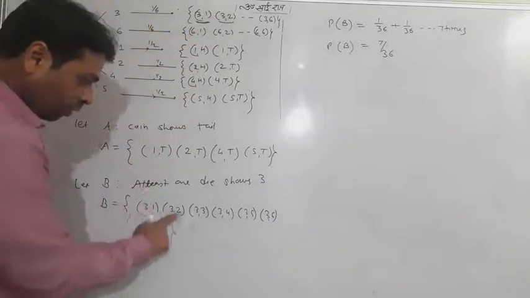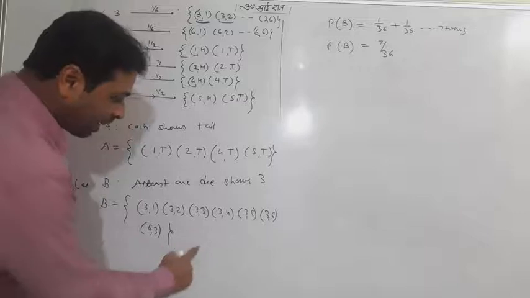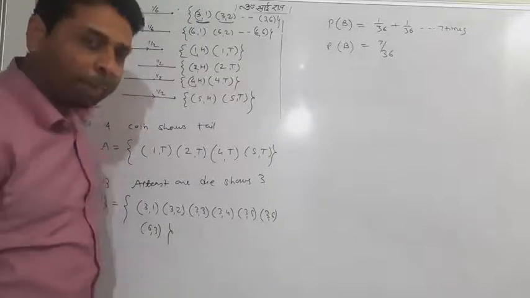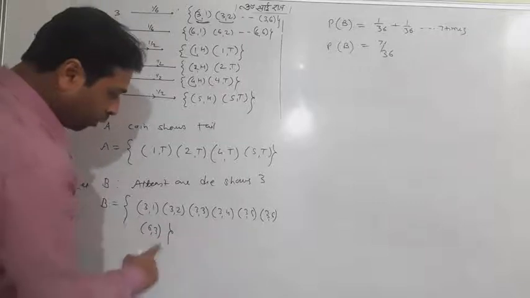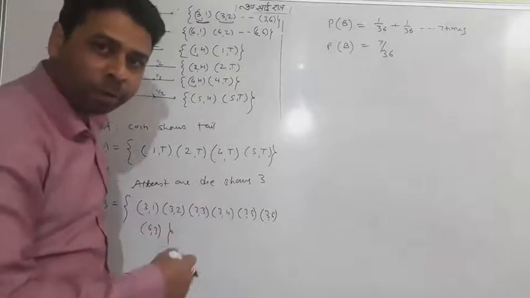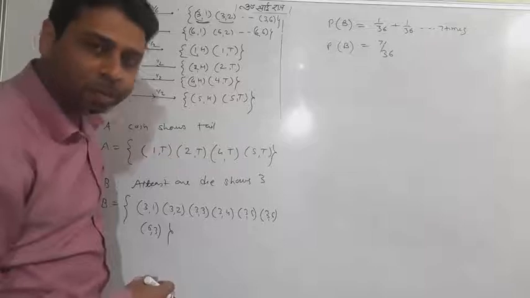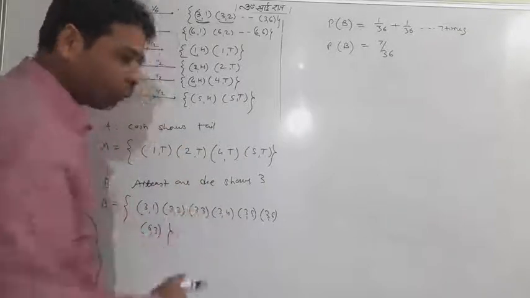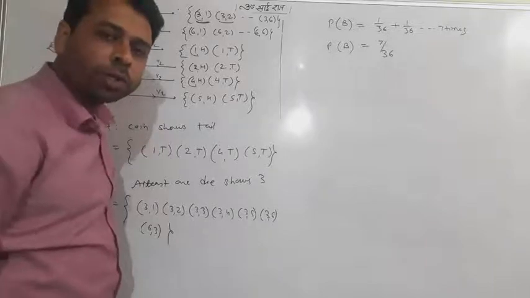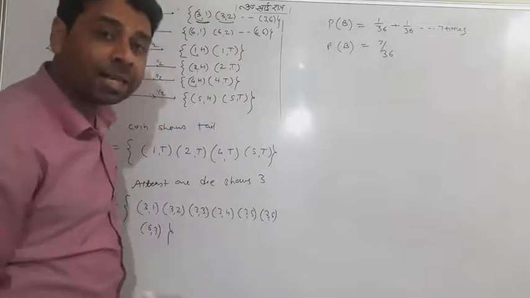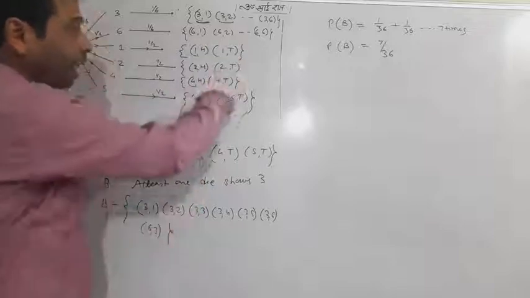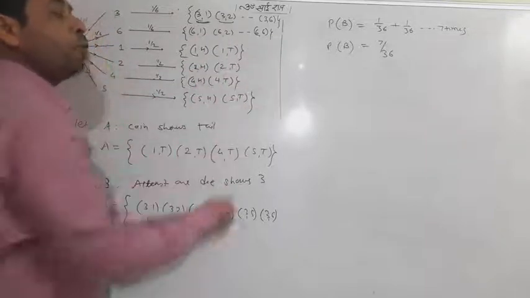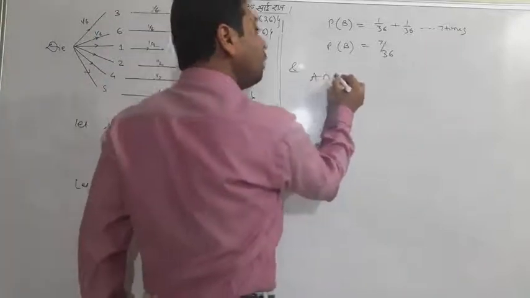Again, 3 1, 3 2, 3 3. If you find the 7 elements this way, sometimes it's going to be tough and wrong. Why? Because this time the probabilities of all elements are the same, but in example number 7, which you will do on your side, the procedure I'm telling you is going to be wrong. So what is the right method? The right method is to add the probability of each element, because in all those cases the probabilities of the elements are different. So that is P of B, and now I'll go with A intersection B.